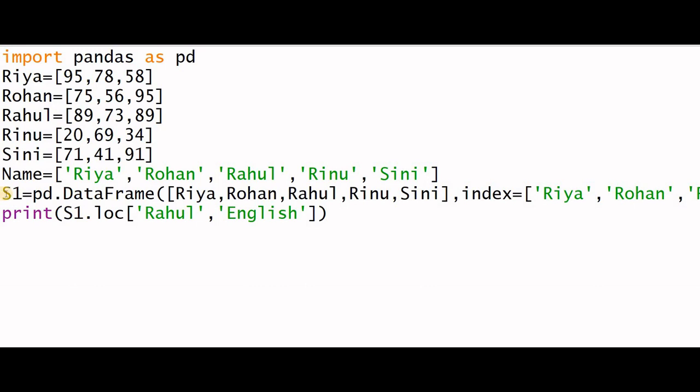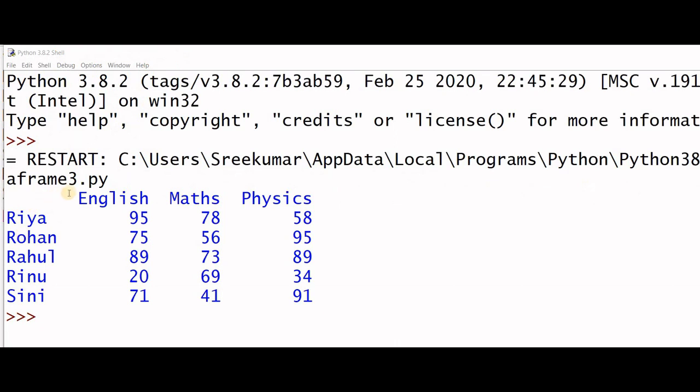Here in this program, the data frame S1 is defined, and before accessing data, let us check the entire data frame once. Now we are going to execute the program. Now look here. Here we have the data frame containing the marks of English, Maths, Physics of students Riya, Rohan, Rahul, Rinu and Sini, and assume that we are going to select the English mark of Rahul.